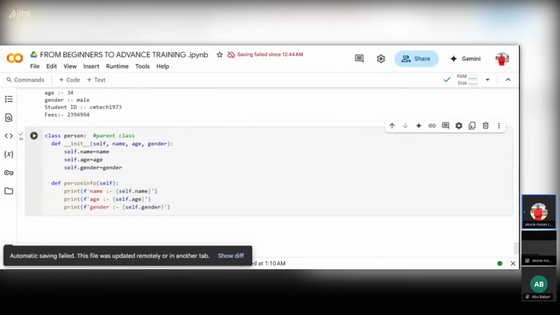Okay, this is where the work comes in. We want to use super now. We have to use super now. Okay, now we are going to call the class